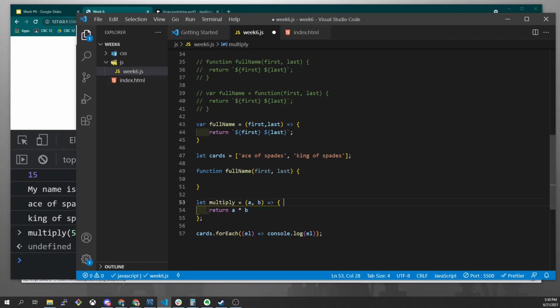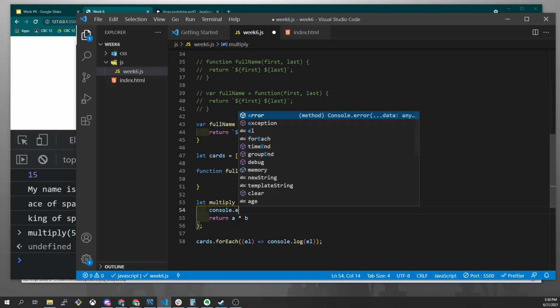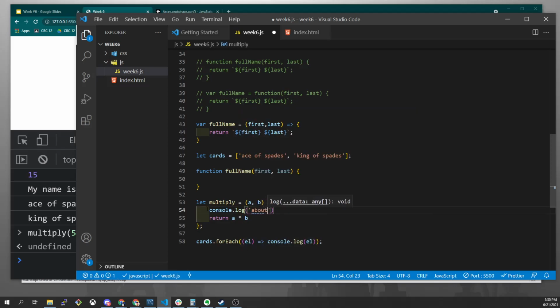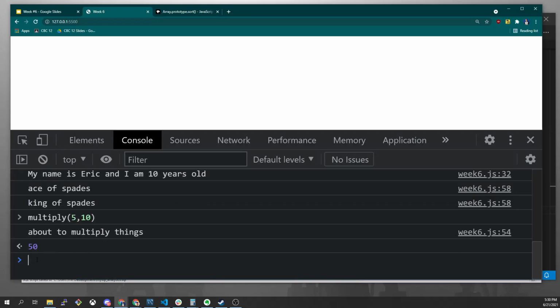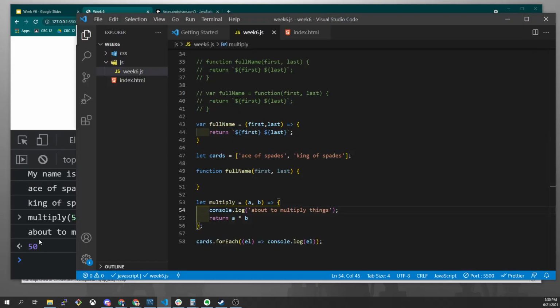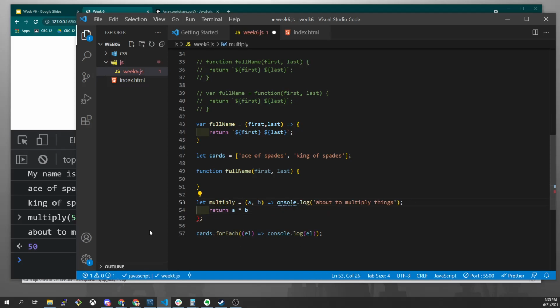So you can still do things, like we can do console.log about to multiply things. Right, so we can still do multiple things inside the function just like we have before. As soon as you throw in a curly bracket here, then you're responsible for choosing if it returns something or not. The shorthand syntax, when you do it without curly brackets,